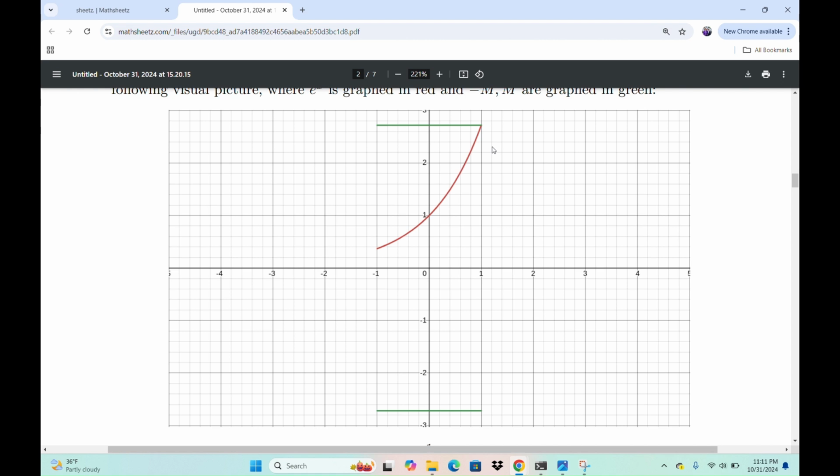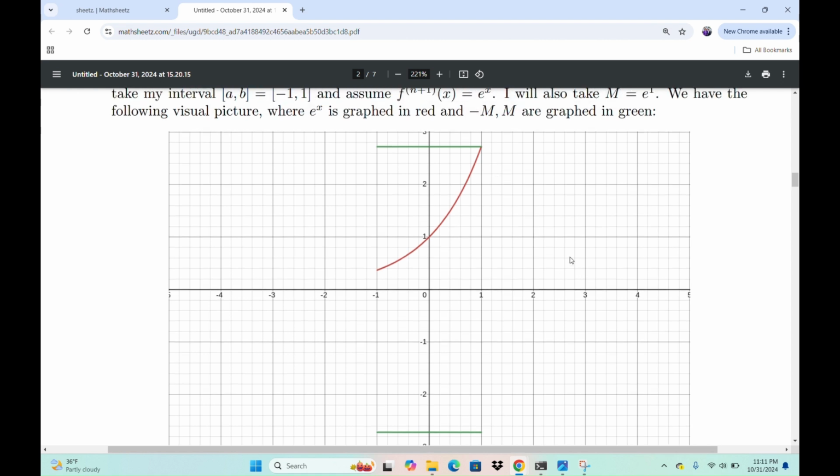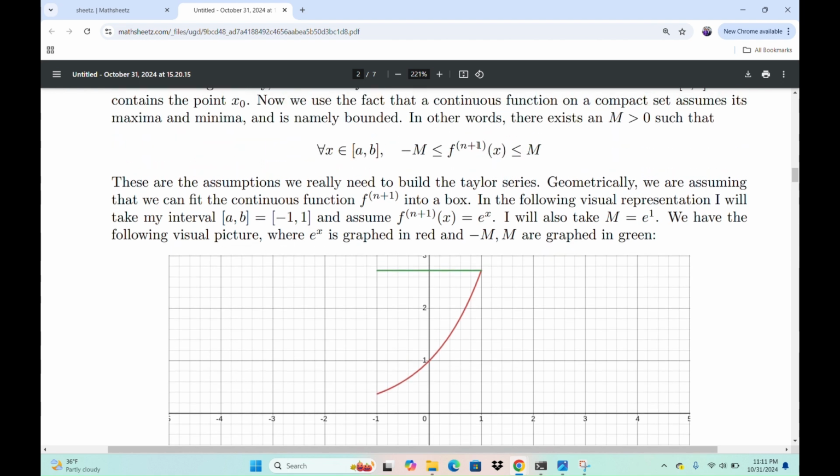So it works for a nice example, but maybe it's a bit too special of a case. Maybe it's a little bit confusing because really from each figure, we're actually going to be taking the antiderivative, as you'll see. Okay, so I start with a bound on the nth plus 1 derivative.